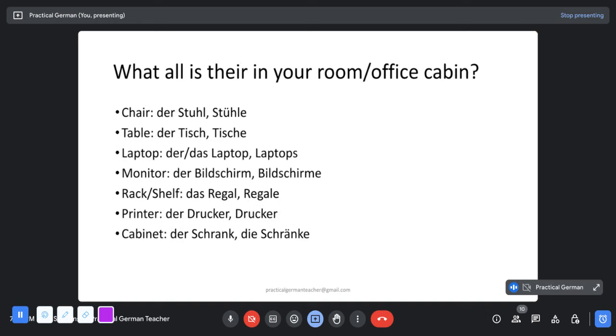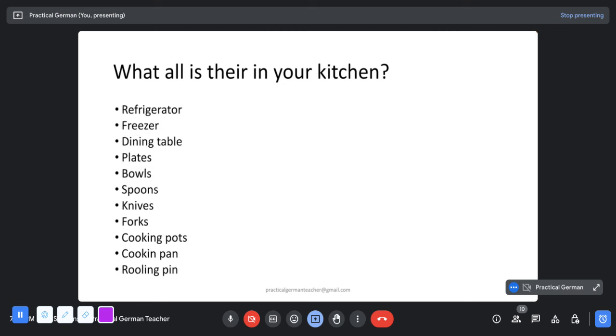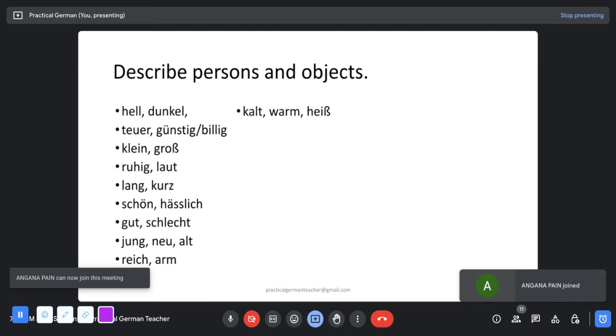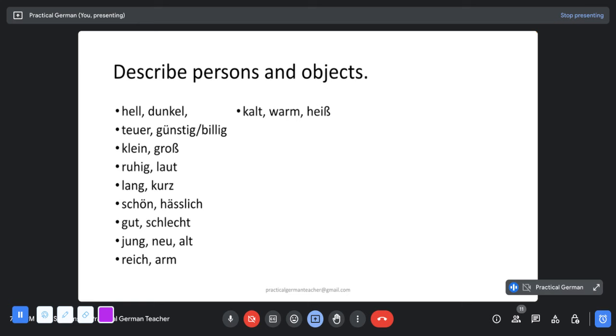Then I told you to learn vocabulary for your life. Just make a list of things that you can find around you, not just things, places also. Post office, bank, ATM machine, supermarket, wherever you go. And I told you that adjectives are your friends. Learn as many as you can, because if you know adjectives, all you need is just the verb sein and the conjugation of sein. And then you can describe almost every situation, every person, every presentation, every kind of weather, every place,